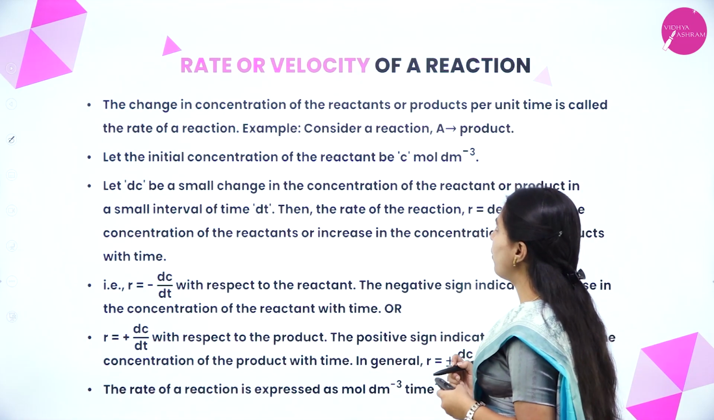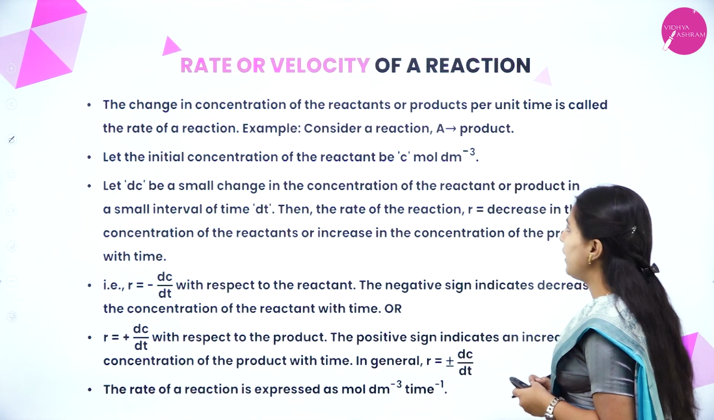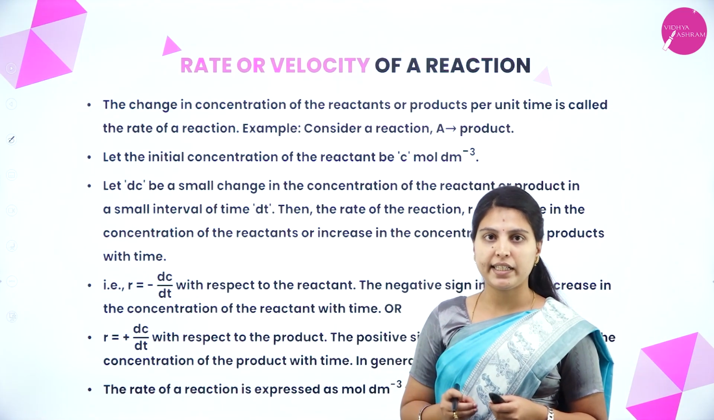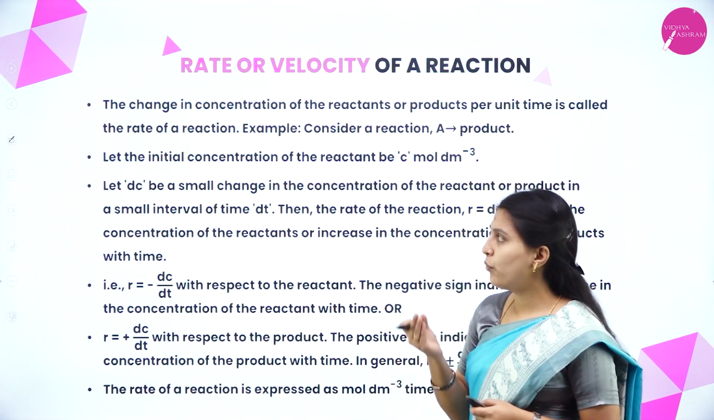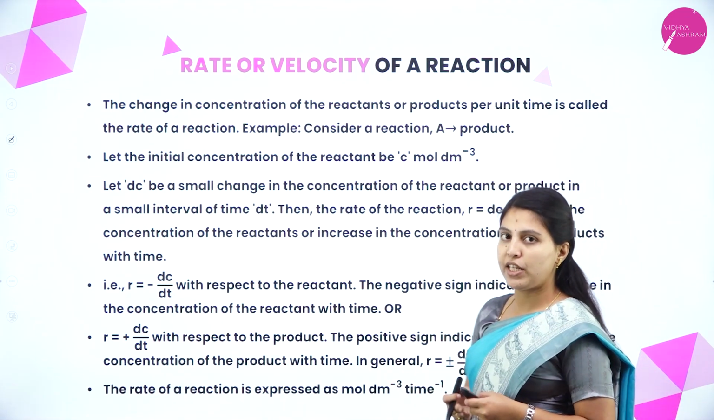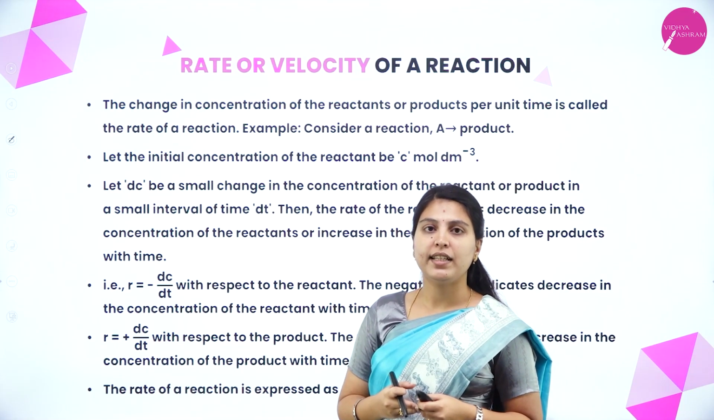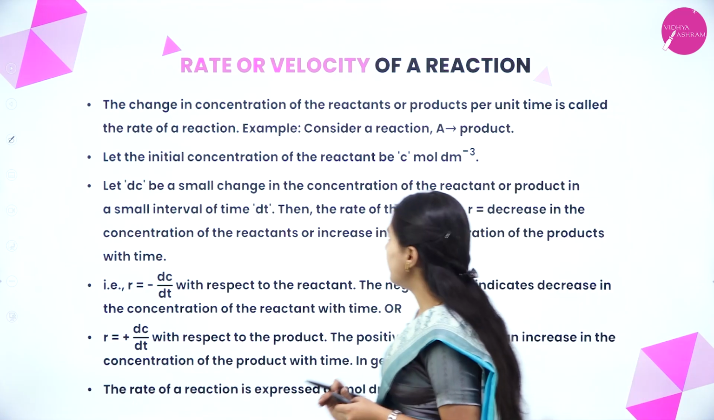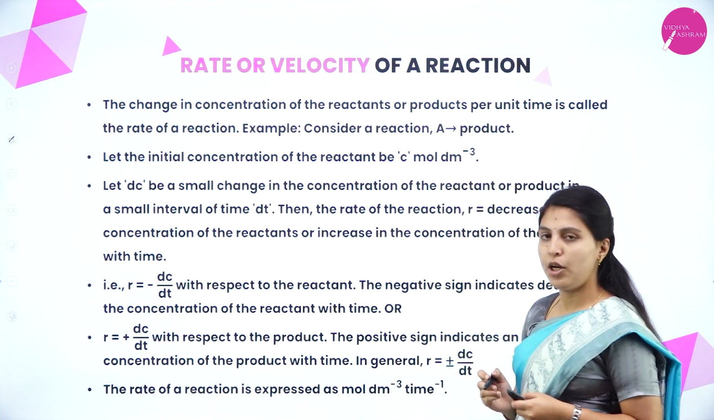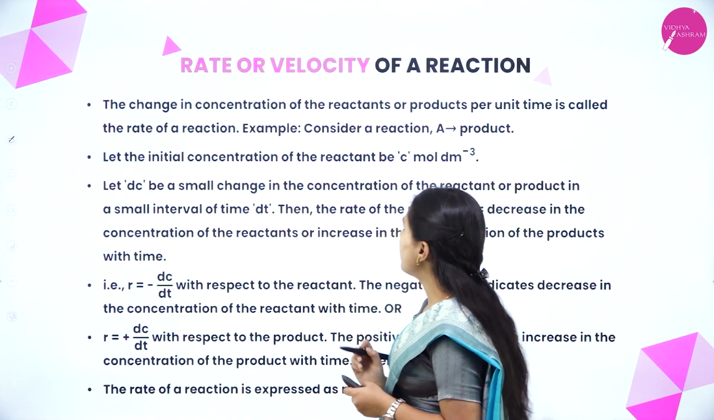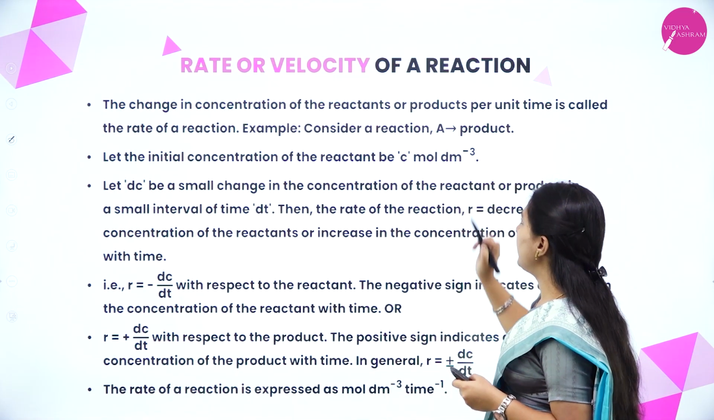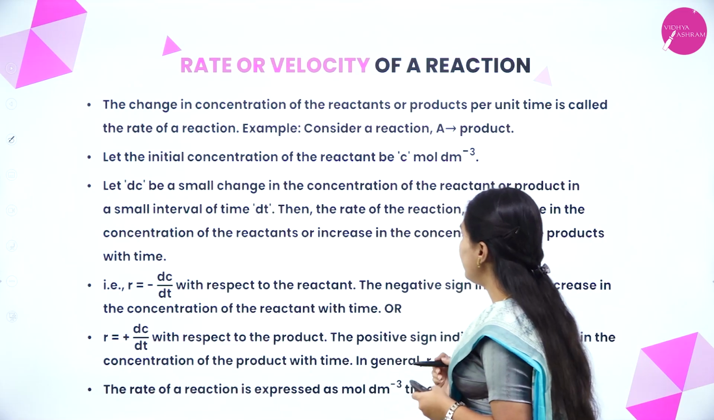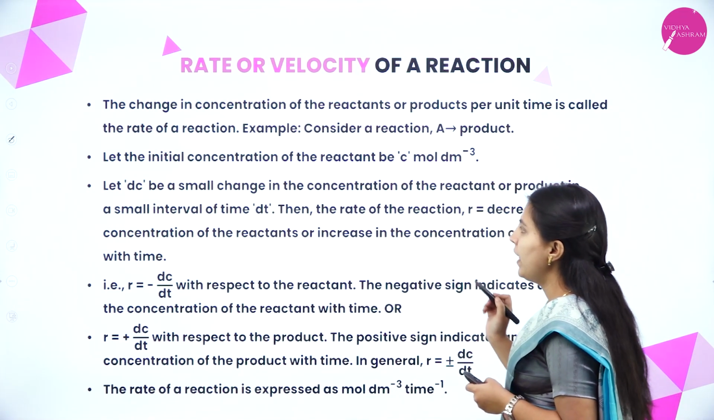The change in concentration of the reactants or products per unit time is called the rate of reaction. If any change happens in a reactant or a product per unit time, it is considered the rate of a reaction. As I told earlier, rate means nothing but time in chemistry terms. Example, consider a reaction A going to a product. Let the initial concentration of the reactant be C mole per dm cube. Let dC be the small change in the concentration of the reactant or product in a small interval of